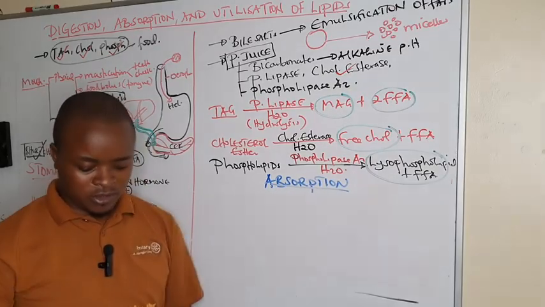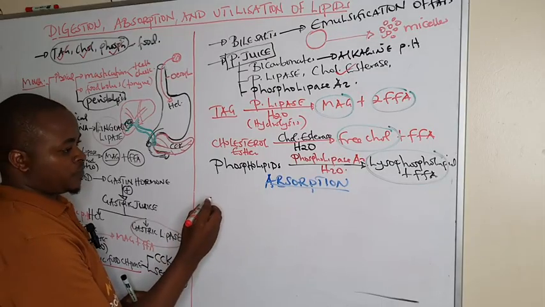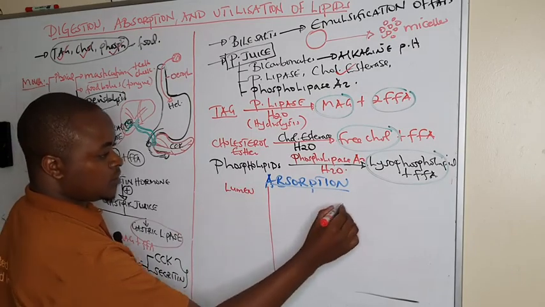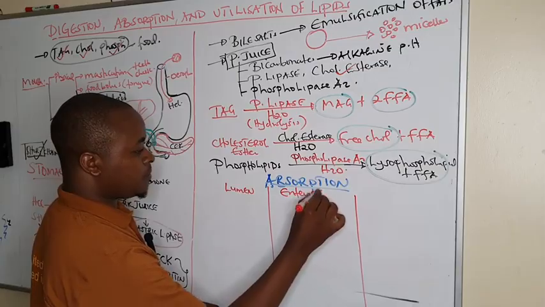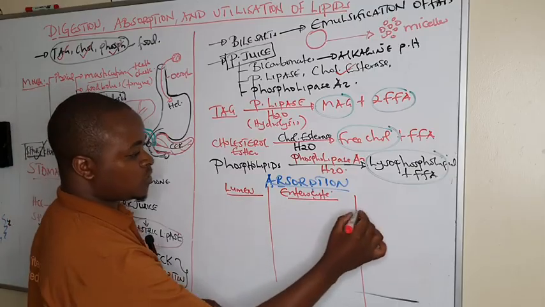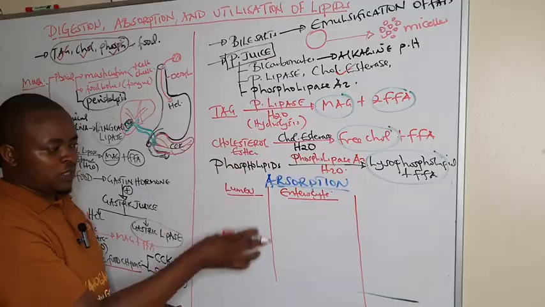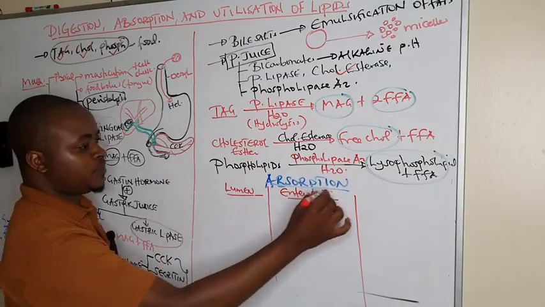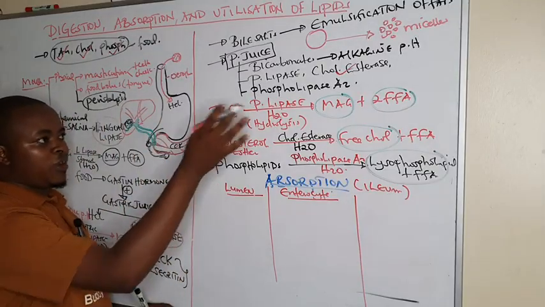And under absorption of lipids, if this is the lumen, and then this one is going to be the enterocyte or the intestinal mucosa. So this is the intestinal mucosa cells. This is going to be the lumen, and this is going to be the apical side. So this is the intestinal lumen, where absorption takes place in the ileum, whereby the final products